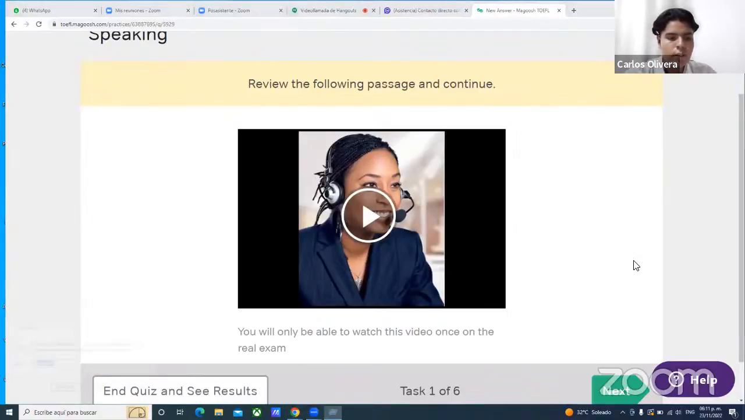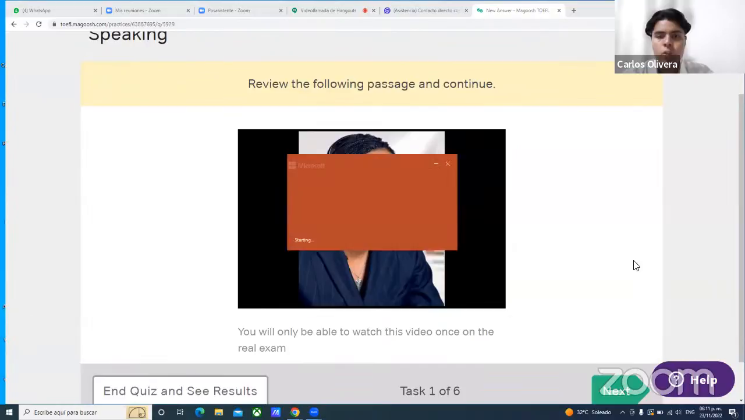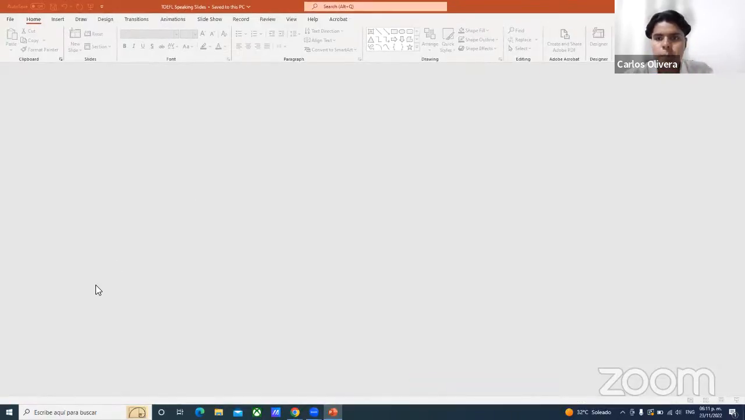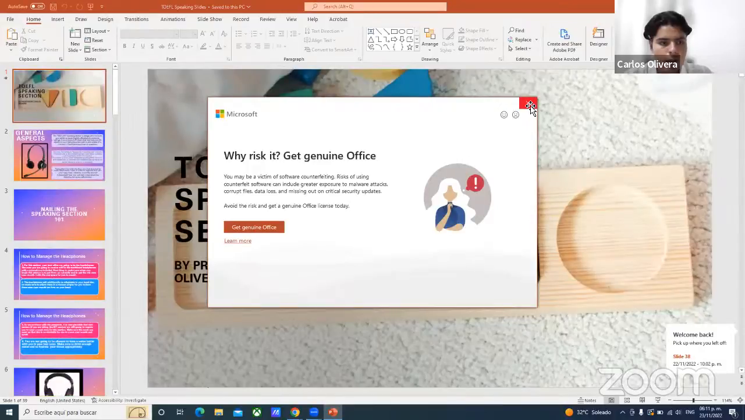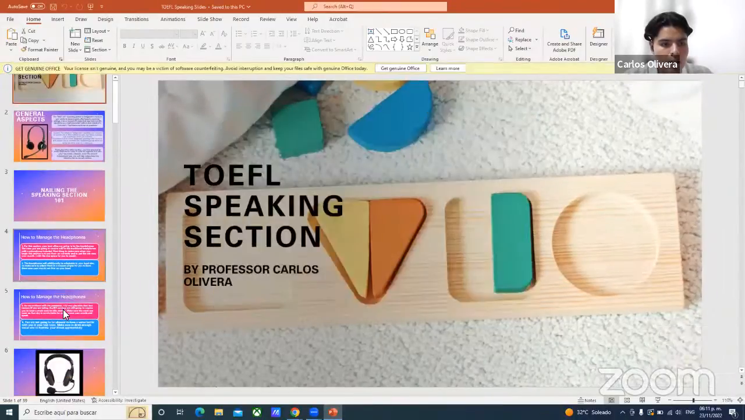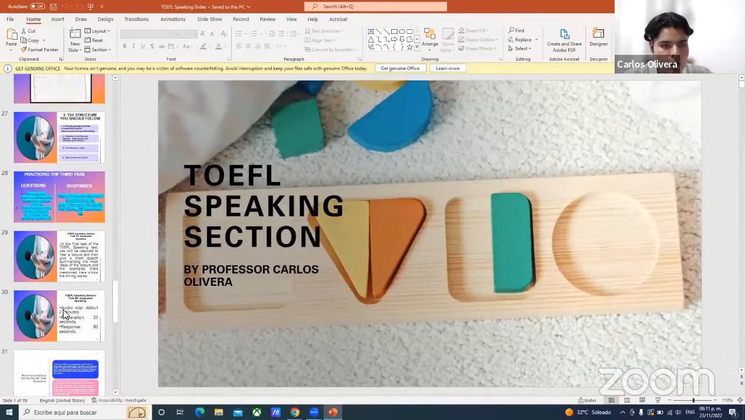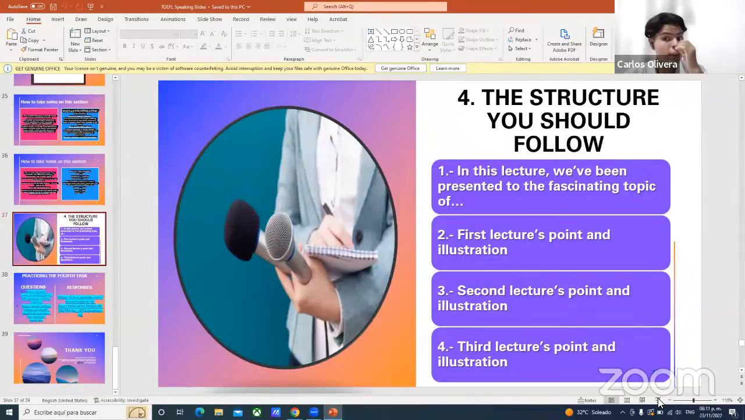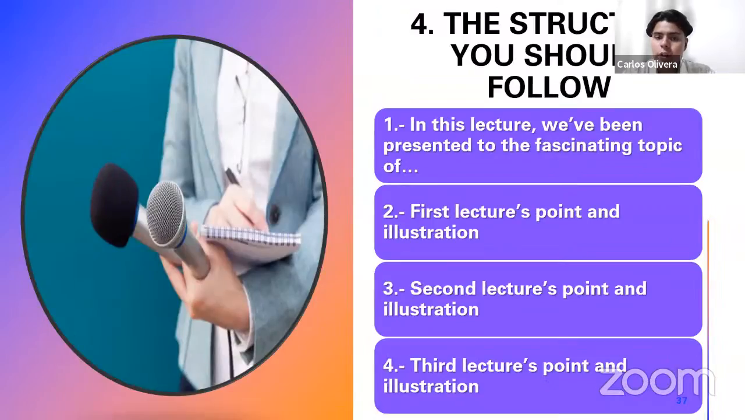And before I do this, I just remembered, let me show you once again the template or the structure. Here I have it. And then we'll start. Remember, in this lecture, first step: in this lecture, we've been presented to the fascinating topic of, and here you introduce your topic, and of course, the definition or the clarification of the topic that the professor normally delivers at the beginning of the lecture,